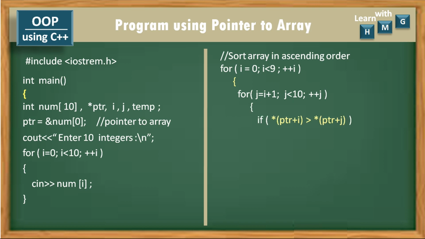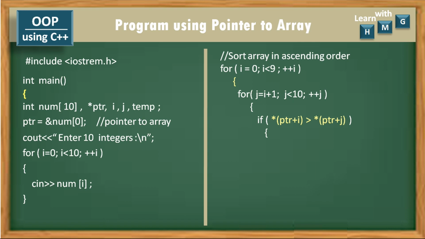So *(ptr + i) greater than *(ptr + j). Here I am checking whether the current element pointed by i is greater than the next element, because j is representing i + 1, that is the next element. So if the current element is greater than the next element, then you have to swap it, because we are going to arrange in ascending order, and for that the current element should be smaller and the next element should be greater. If it is not so, that means the current element is greater and the next element is smaller, then you have to exchange or swap their positions using the standard 3 steps using the temp variable.